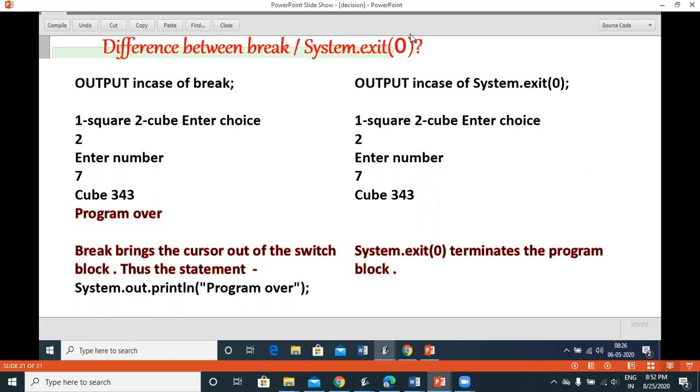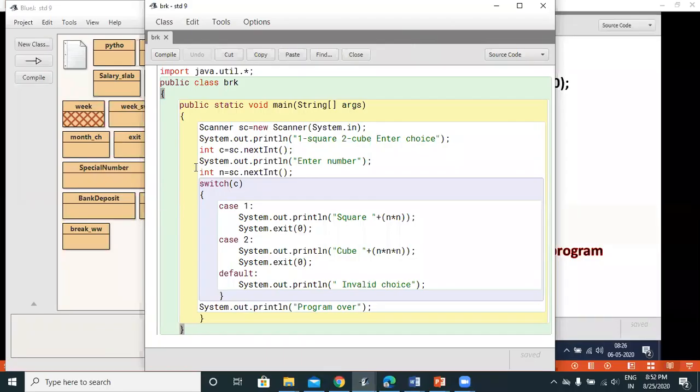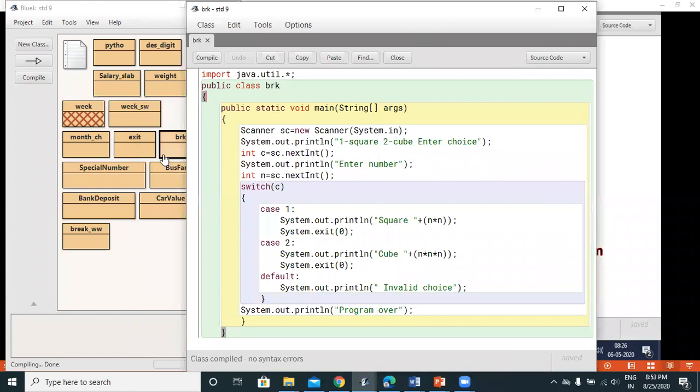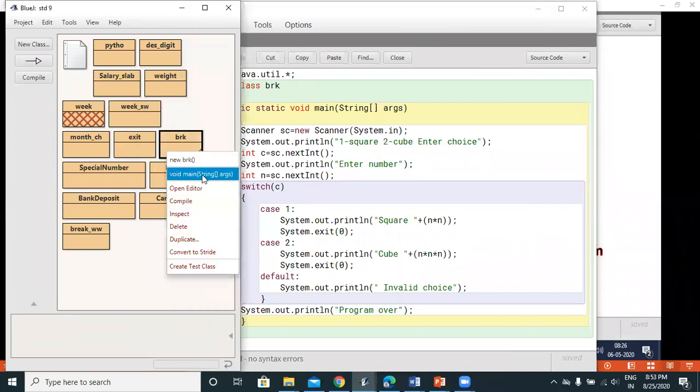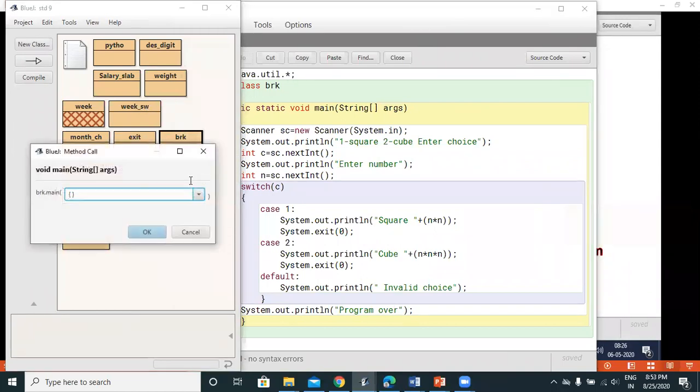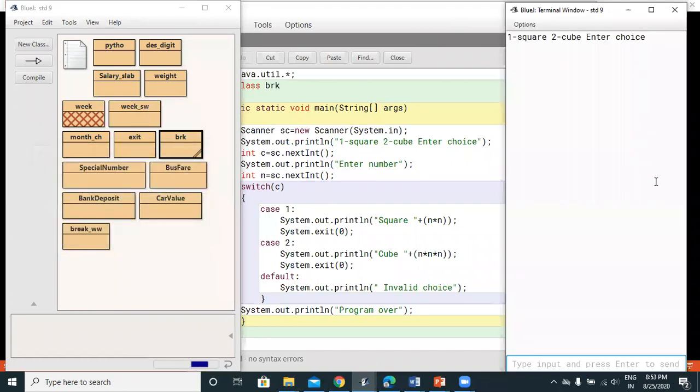Now let us see this practically. You can see in this program I have used System.exit(0). Now I have compiled this program. When I execute it, I give 2 as my choice, and then I enter my number to be 6.